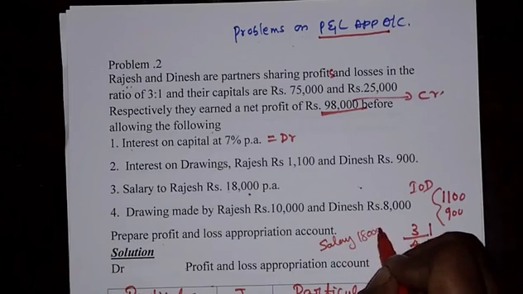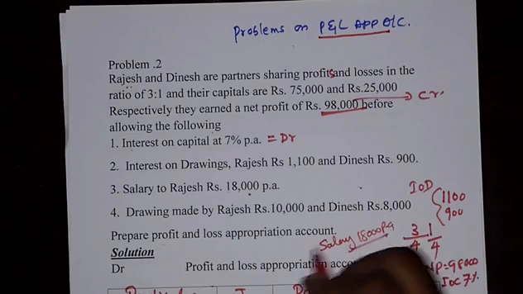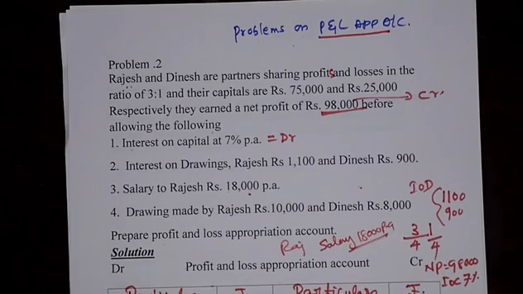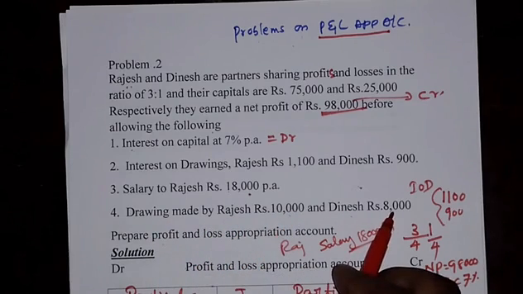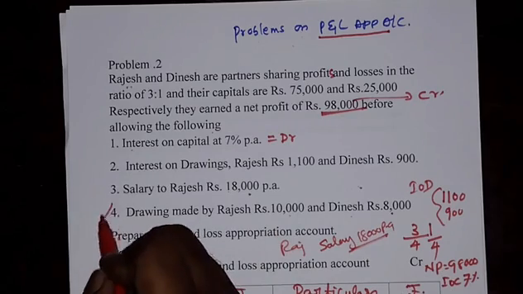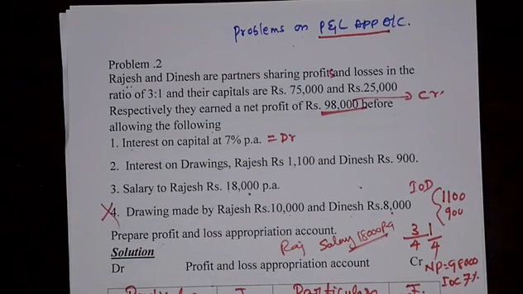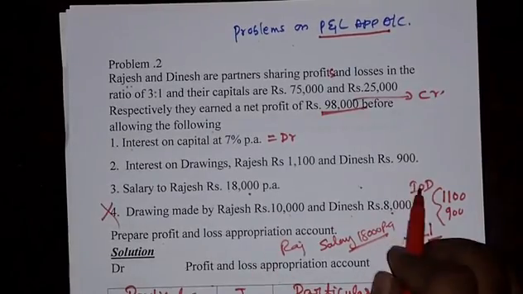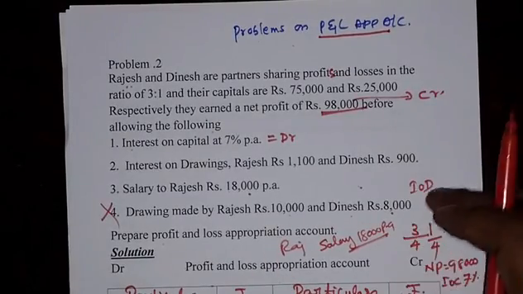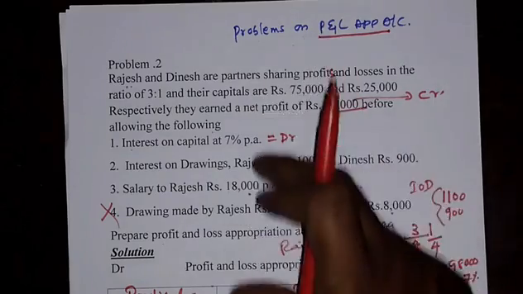Salary 18,000 per annum for whom? Rajesh. Next one is drawings made by Rajesh rupees 10,000 and Dinesh rupees 8,000. It won't appear anywhere. Prepare profit and loss appropriation account. The purpose why I have written it here is because when we work it out, instead of scrolling the paper